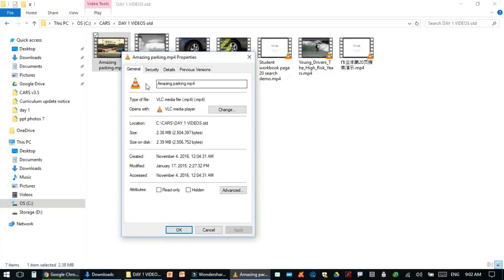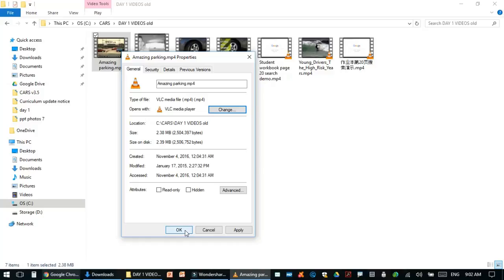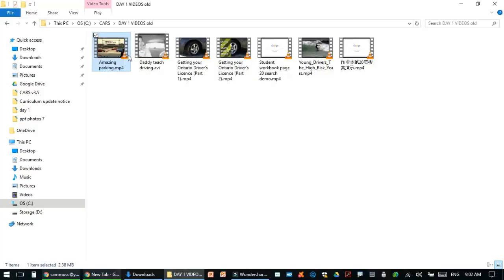Once you go into Properties, in the General tab you may have a different player that's playing the videos, over here. So if I want to change it, let's say from Films and TV or Windows Media Player, I could go and select from the list here, VLC Media Player. I go OK, and OK again, and I now have this